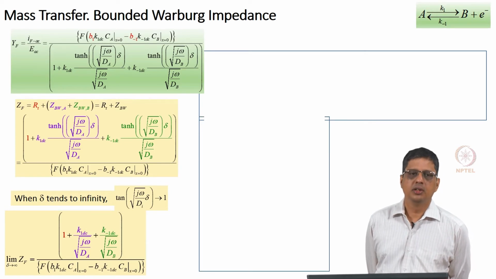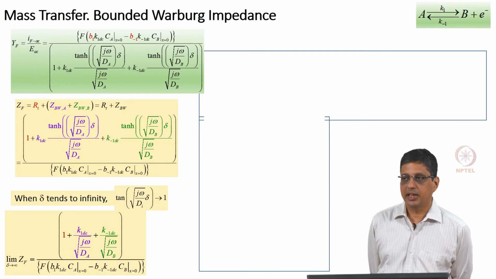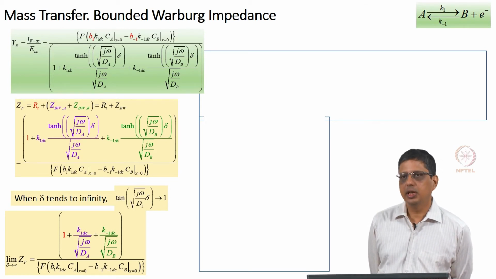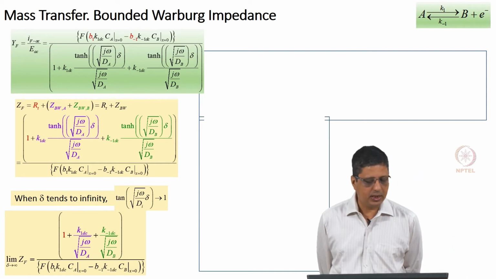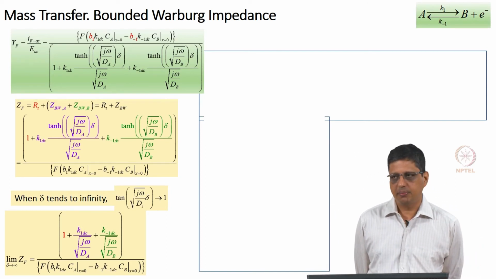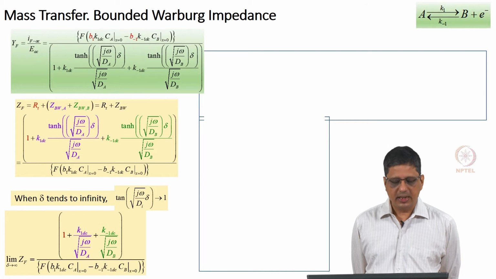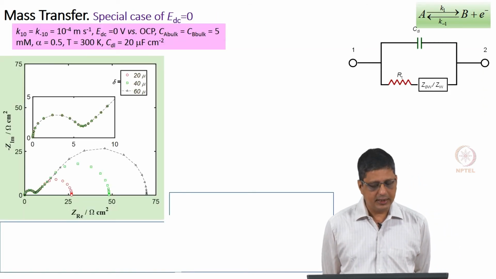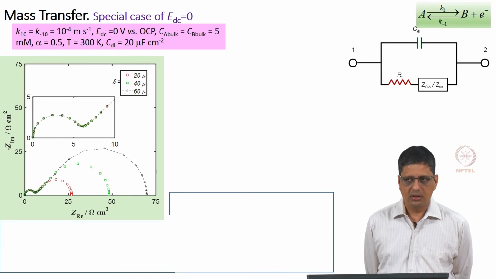If we say that the DC potential is 0, many times people use this for corrosion experiments or other experiments at OCP, in which case you could get a simpler expression where charge transfer resistance will come only in terms of kinetic parameters. The Warburg impedance or bounded Warburg impedance will come only in terms of the diffusion parameters. Okay. But that is not in general going to be true or correct. So, we have seen examples where different delta values affect the impedance, especially at the lower frequency.